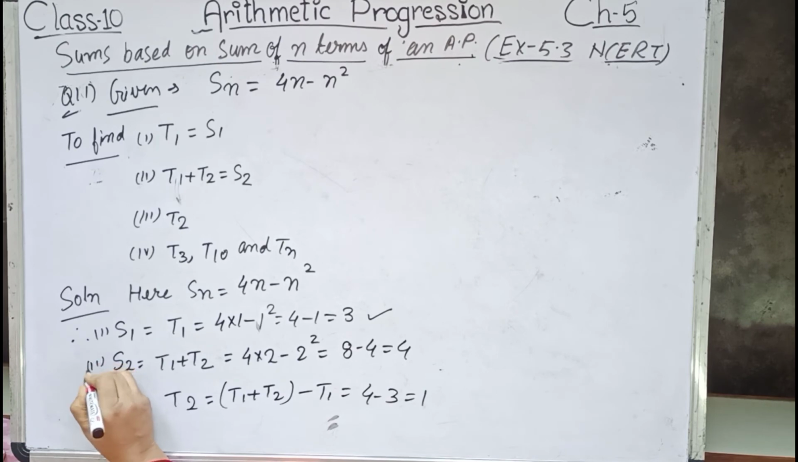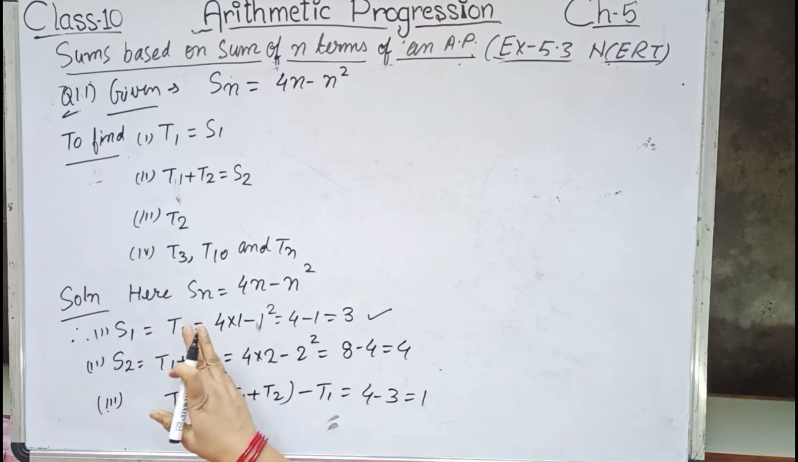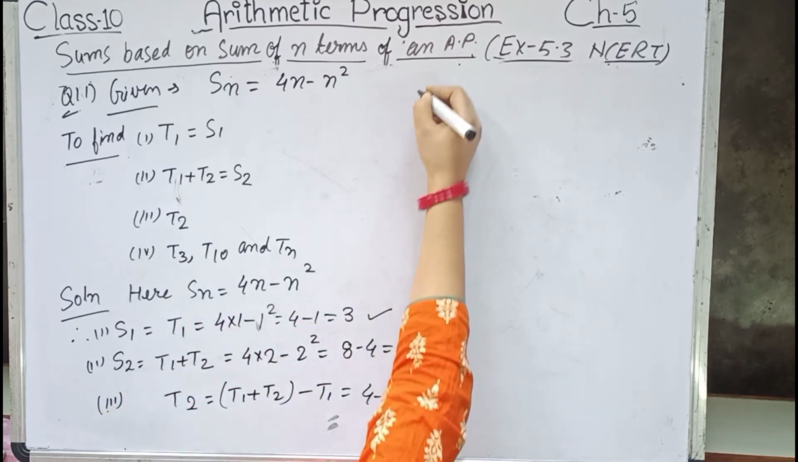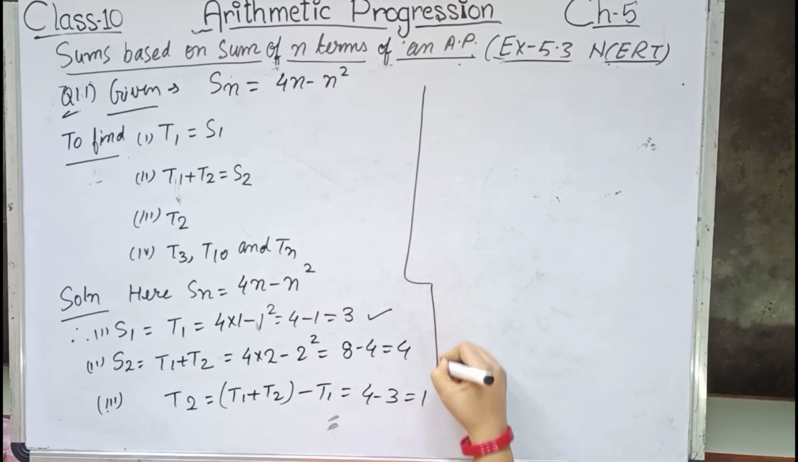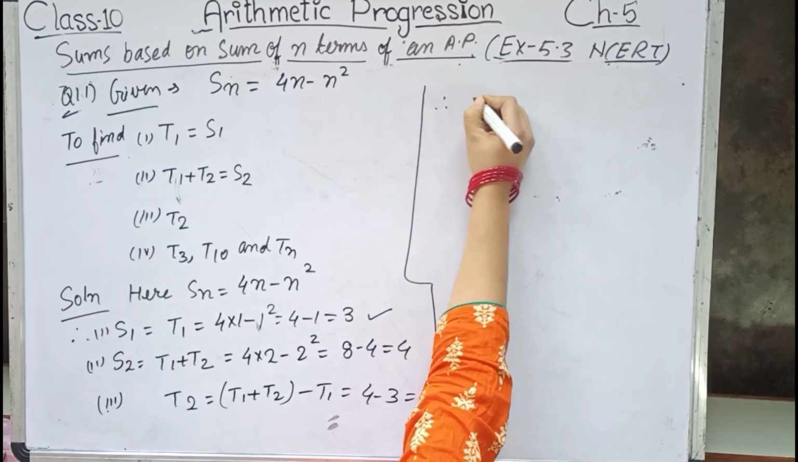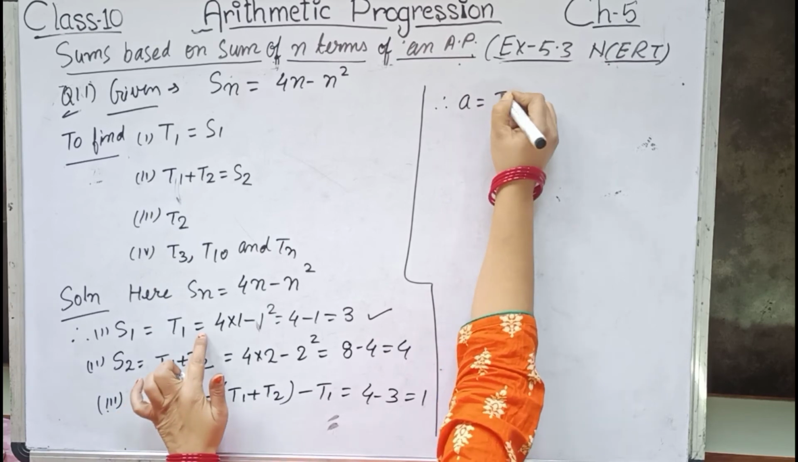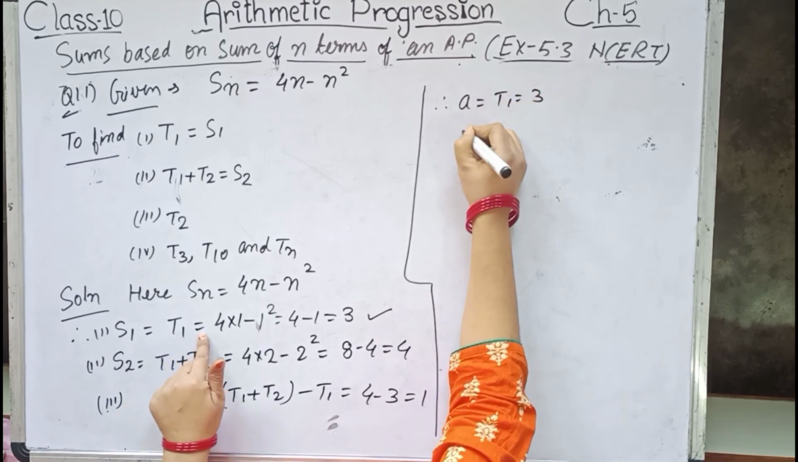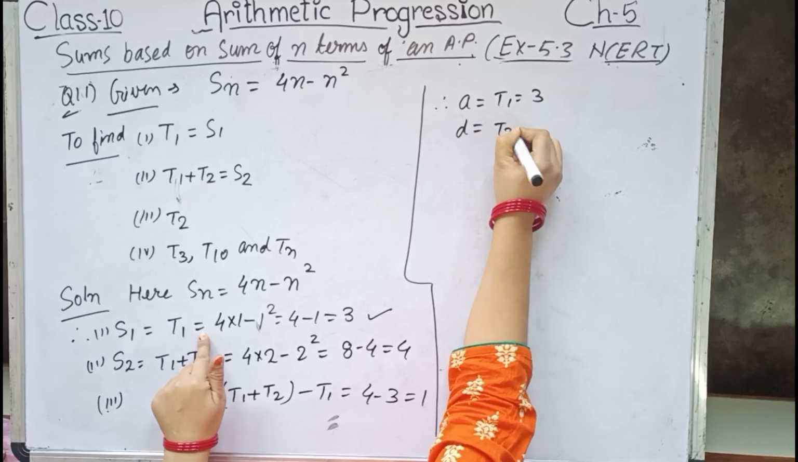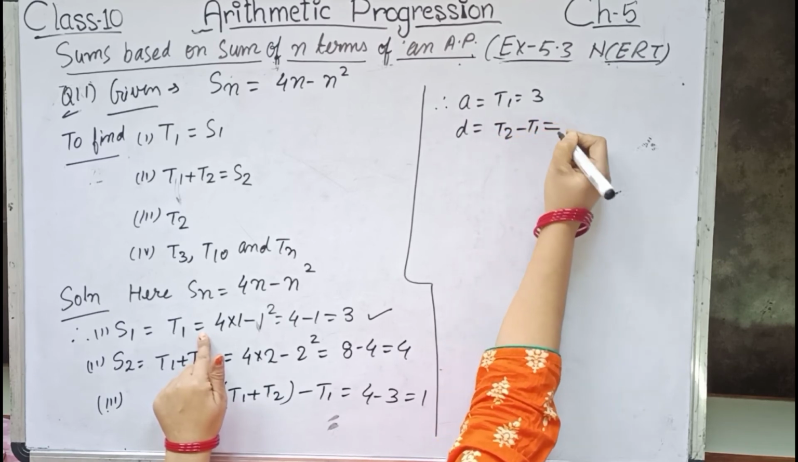Number 2 we have got. Number 3 also we have got. And number 4 we have to find T3, T10 and Tn. So now we can write, therefore, A, that is the first term, is T1, which is 3, and D we can write as T2 minus of T1